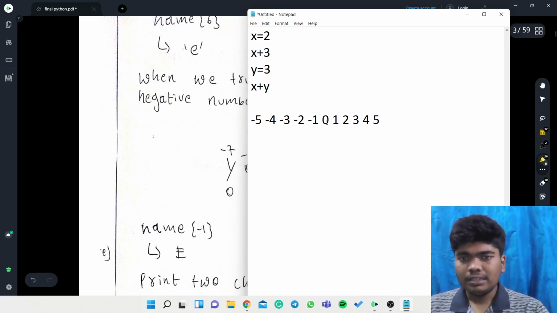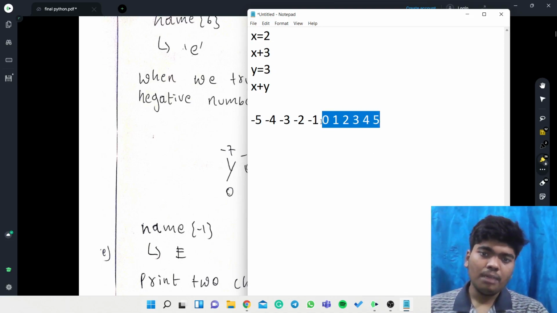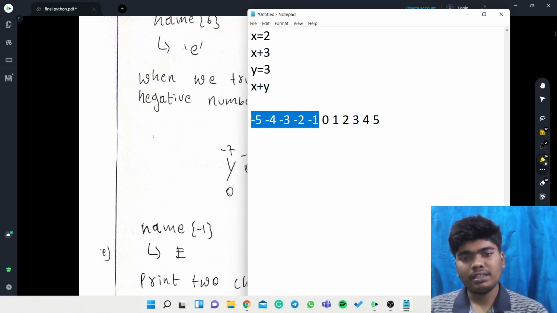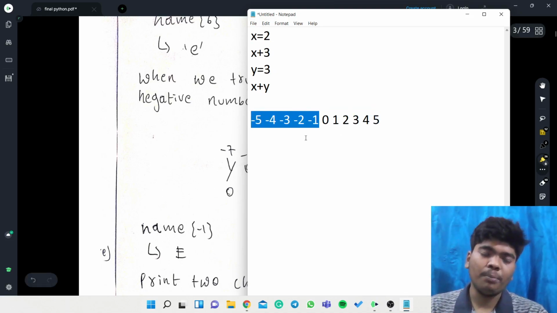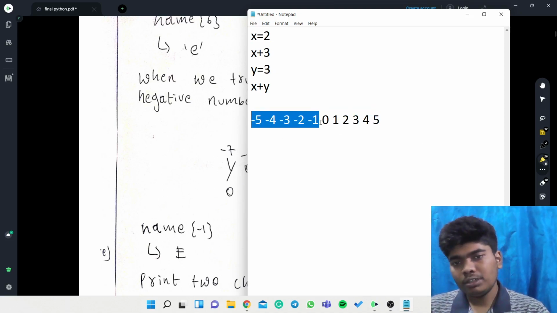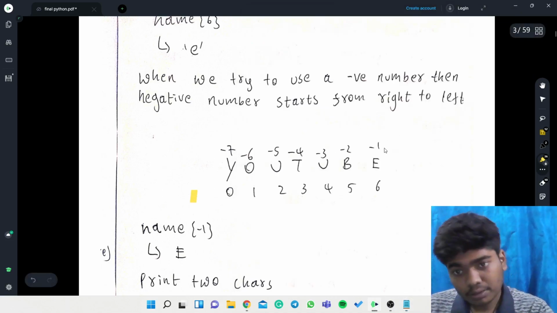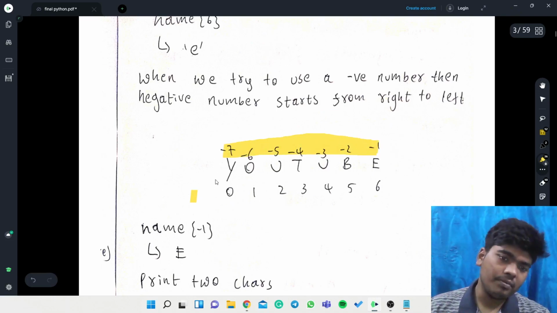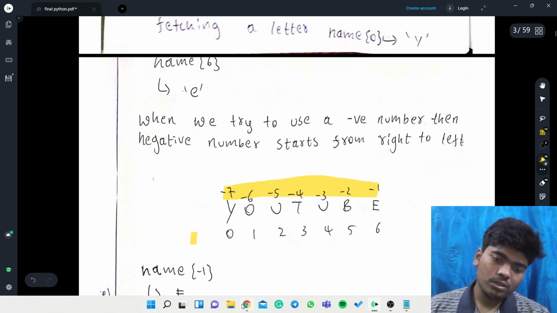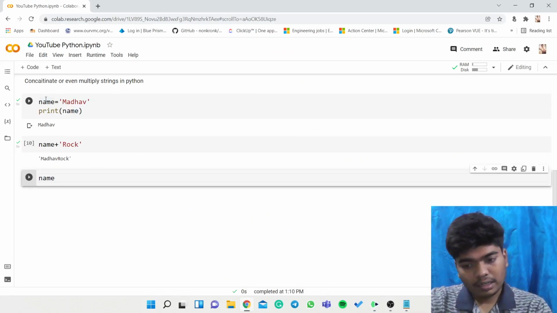So this is the thing if we consider the positive values, but this is the thing if we consider the negative values. The negative values are towards the left side, from right to left, whereas the positive values are from left to right. So this is the thing which we are using now. This is from right to left, minus 1 to minus 7. We will try to do this thing even. Name is equal to Madhav.